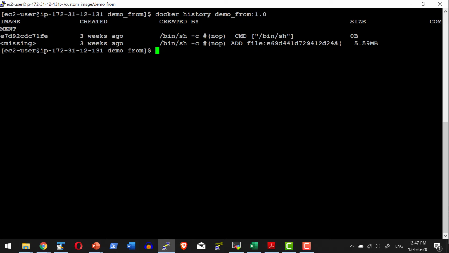Now I can go ahead and create my own image from this particular custom image. Now I can go ahead and create a new image using the keyword FROM. In a quick summary, we have seen how to use the FROM keyword to start or to use an image as the base to build the image using docker build.